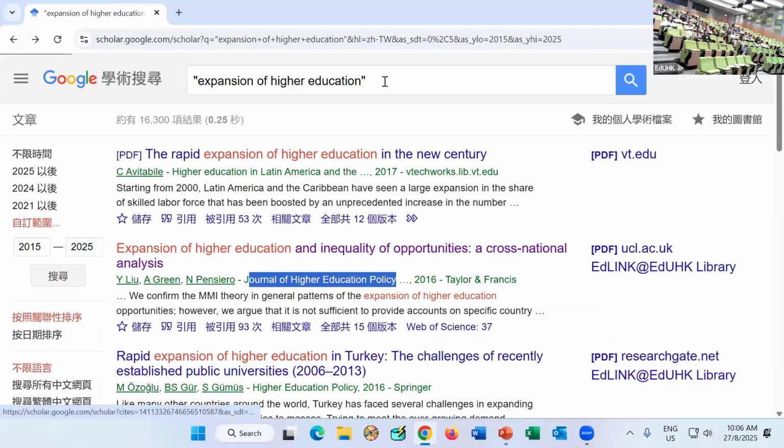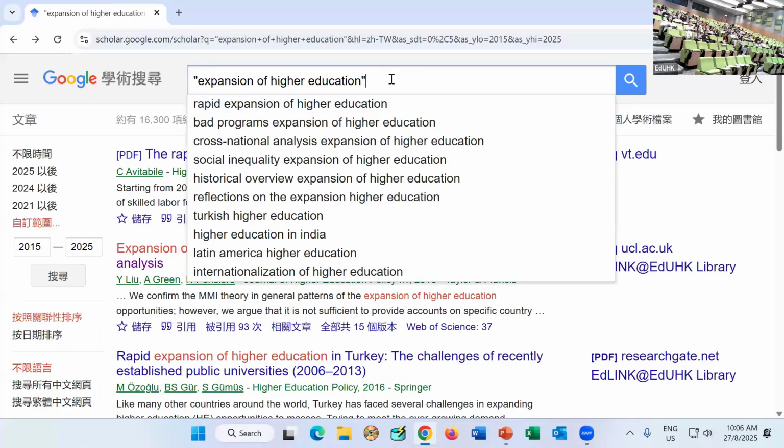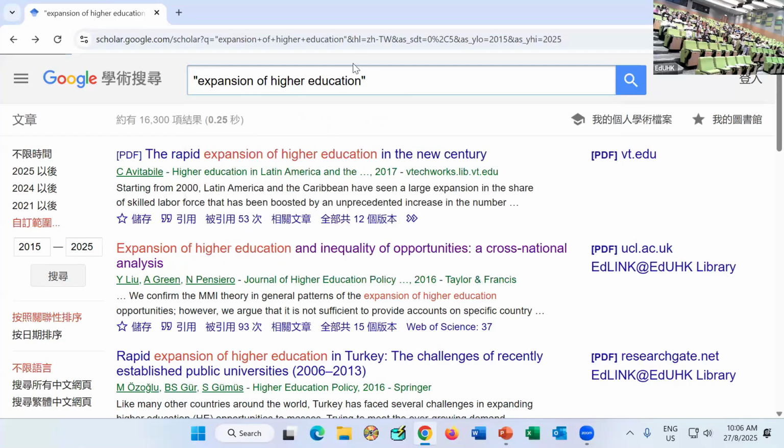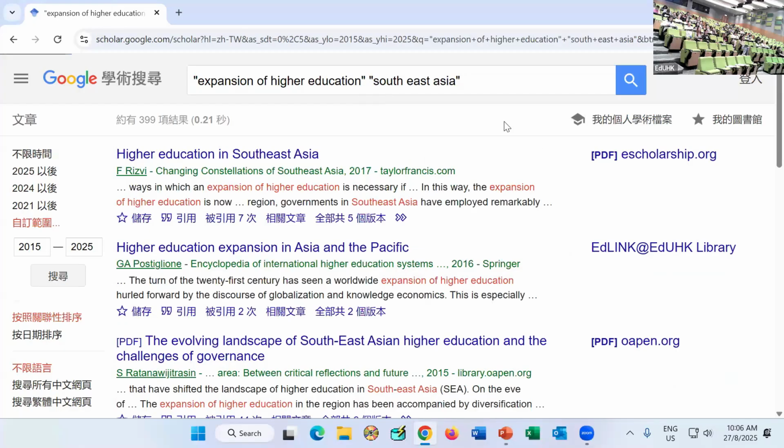And then another way, of course, that you can search for really useful journals would be to use double quotation marks. And then you make sure you get the keywords, like I want to get expansion of higher education only, I don't know, in Southeast Asia. Okay. Just an example, I want to show 2 keywords, then I put both keywords in double quotation marks. Then that is how you can ensure you get a better result. Okay, so there are pretty much a lot of tricks there.